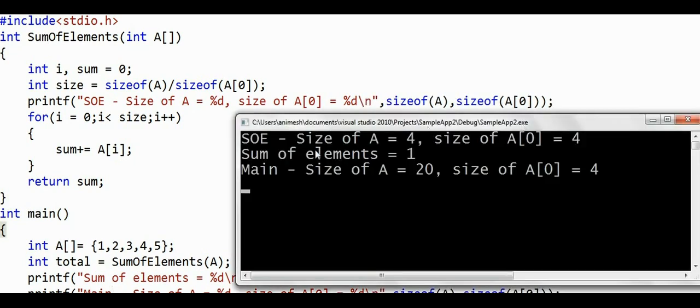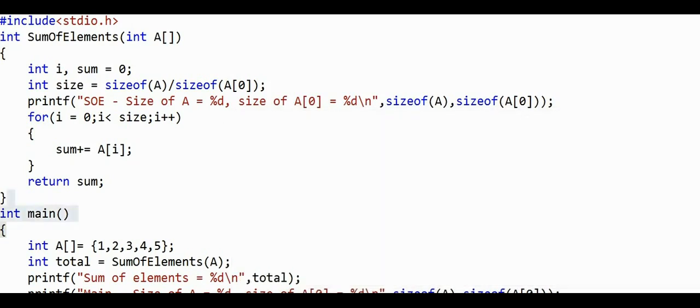In the method sum of elements, size of A is equal to 4 bytes. Size of A0 is equal to 4 bytes. In the method main, size of A is equal to 20 bytes, and the size of A0 again is 4 bytes. To understand this concept, why the size of A is 4 bytes in the method sum of elements and